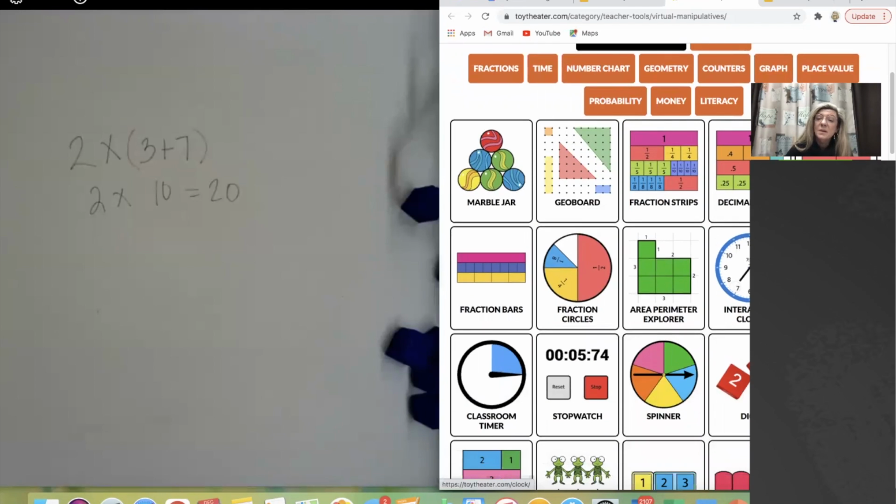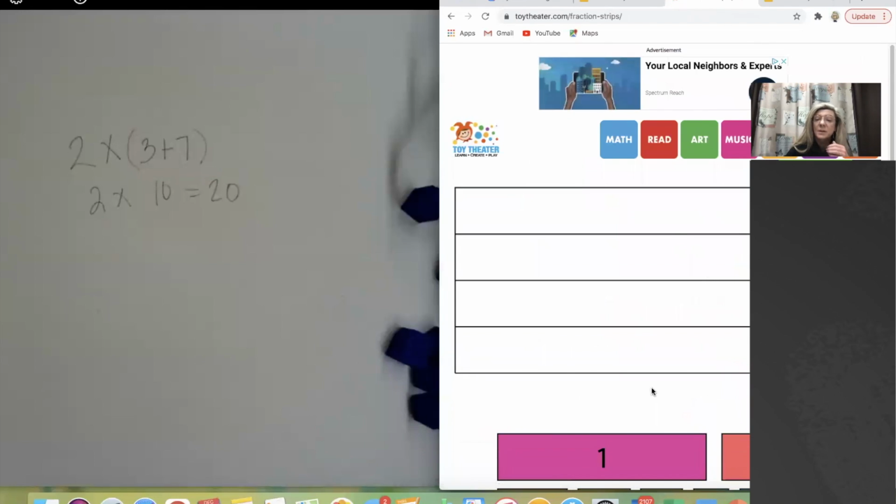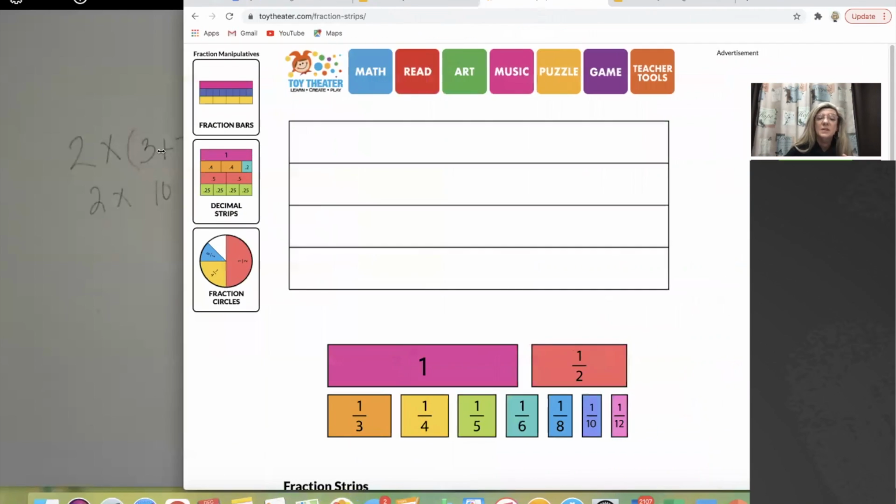Remember we were talking about the clocks. It's hard to get the kids' hands on those clocks, especially now. There's all types of stuff with fractions, the fraction bars. I know we may not be able to get them in the kids' hands, but we can at least give them a tool that they can move around and manipulate, like these fraction strips. Click on that one real quick. And I'm going to pull this over so you can see a little better.